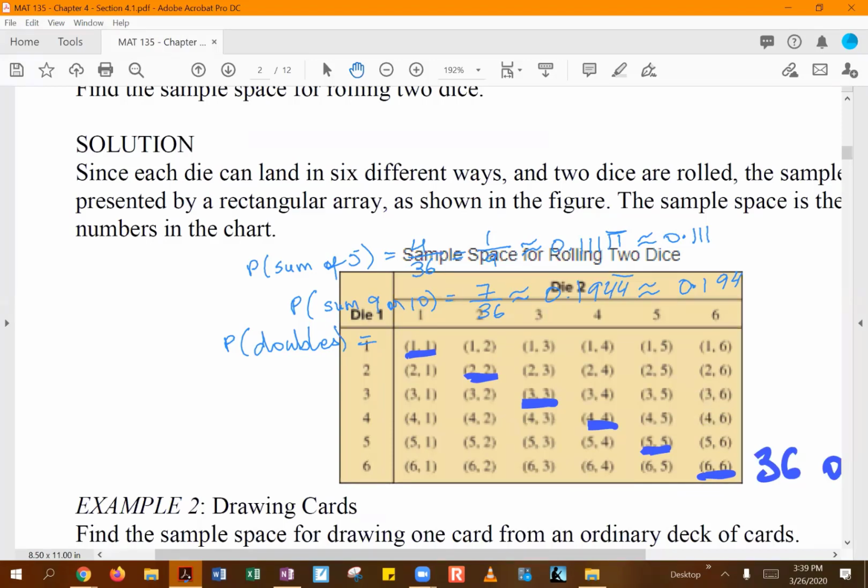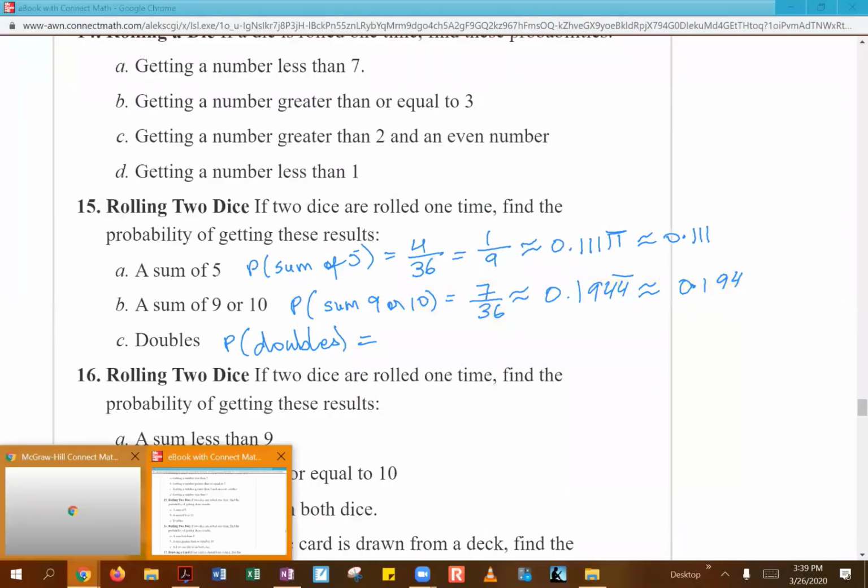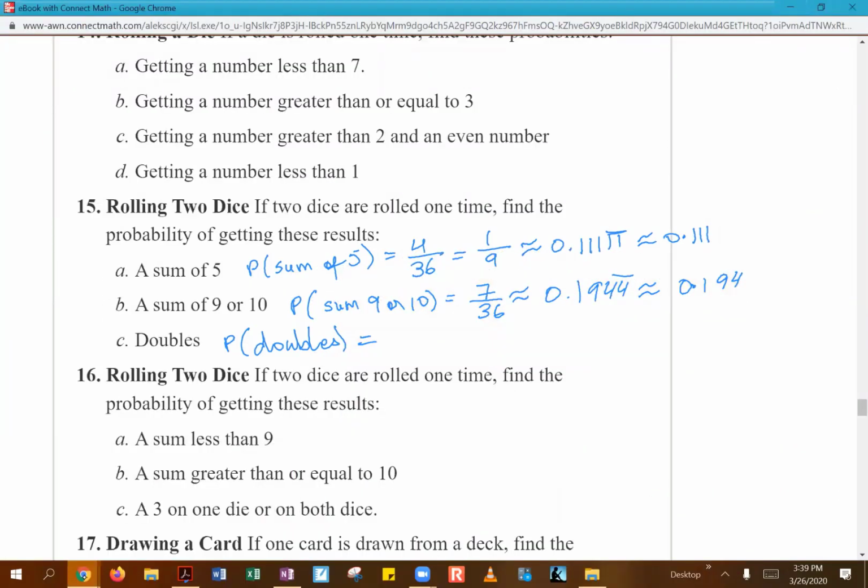Okay, so doubles. 1, 1, 2, 2, 3, 3, 4, 4, 5, 5, 6, 6. So that's 1, 2, 3, 4, 5, 6. That's going to be 6 out of 36. And of course, 6 goes into itself once. 6 goes into 36 6 times. So you can again get a decimal approximation for this guy, which will be